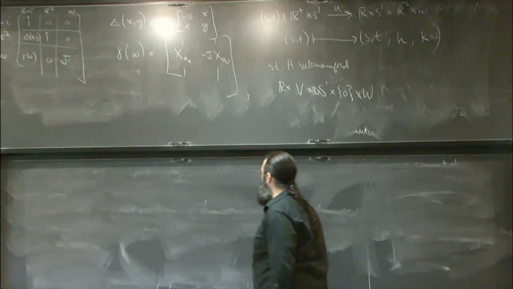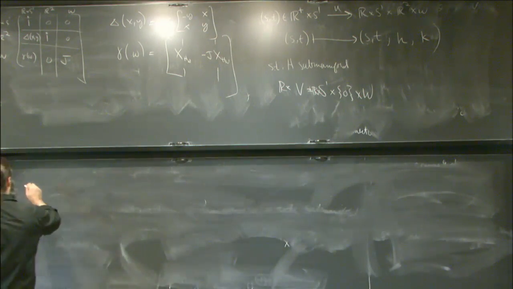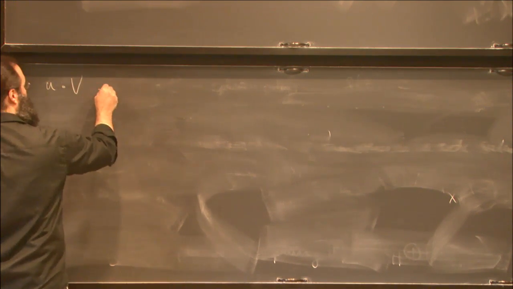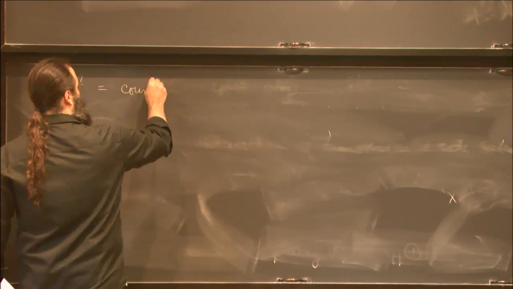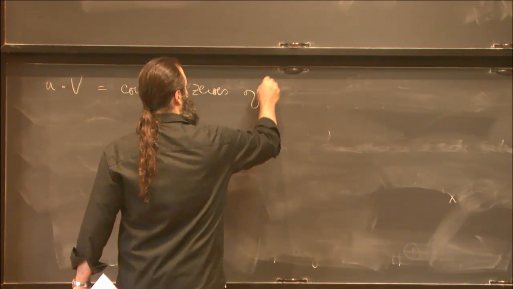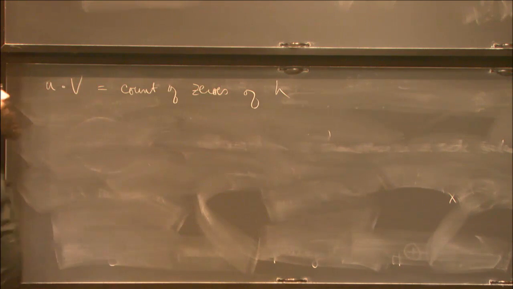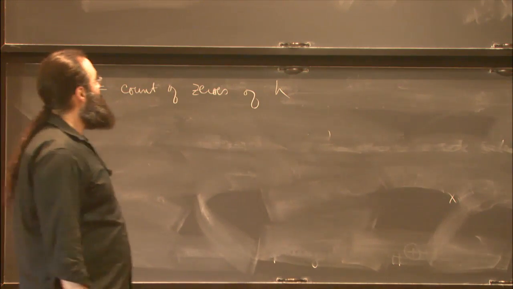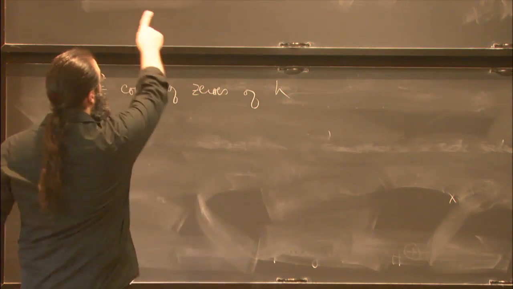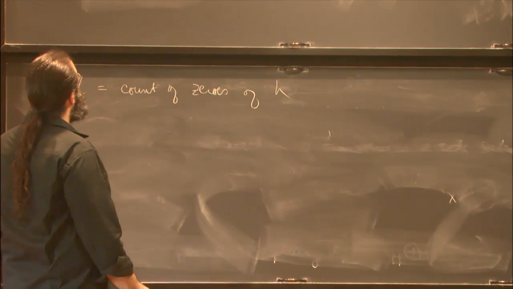Well, so to understand that, I claim the intersection number is equal to the count of zeros of H, where H is that transverse component. Okay, that's not too hard to see. And so now the question is, what can we say about H? How does it behave? Well, if I look at the J holomorphic curve equation,